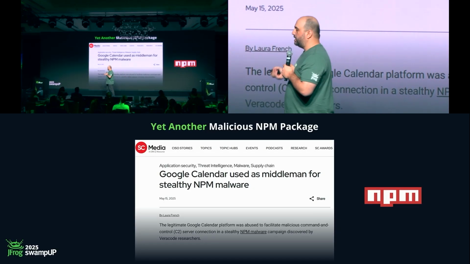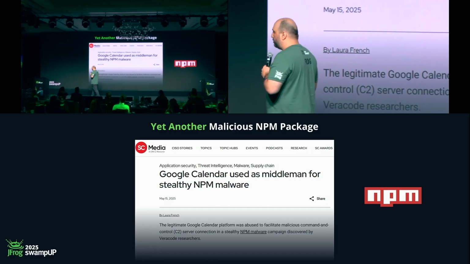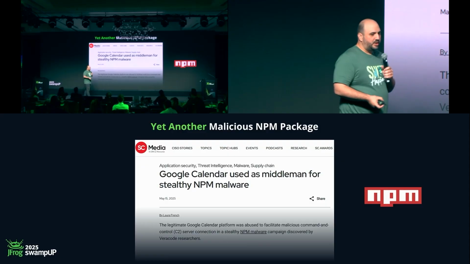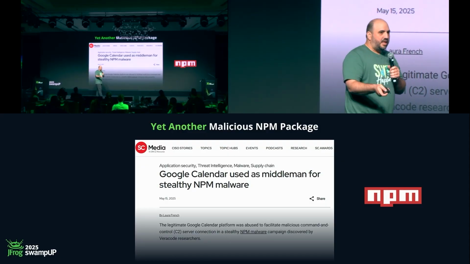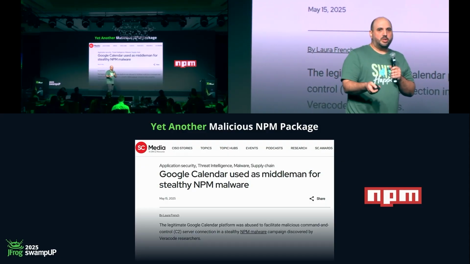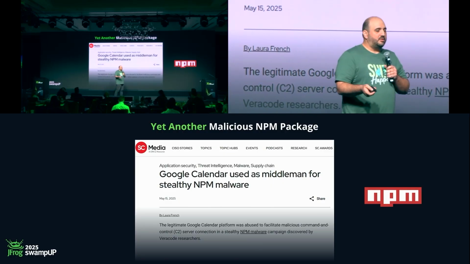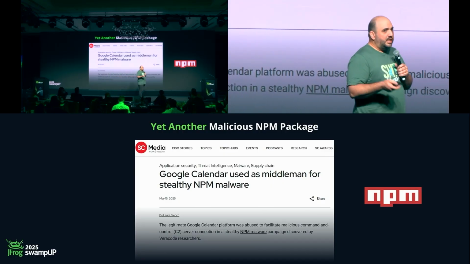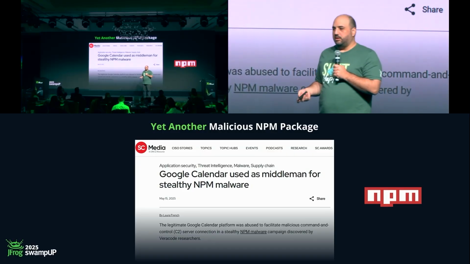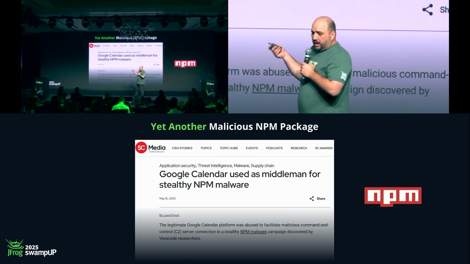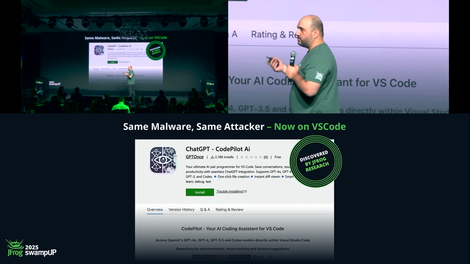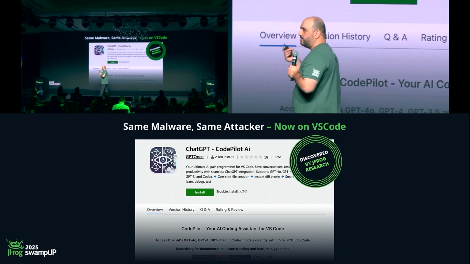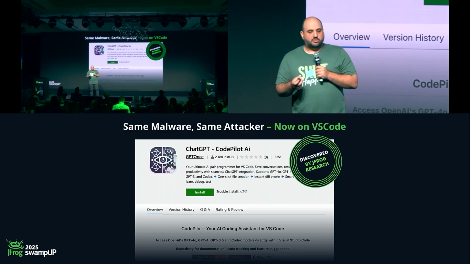This was recently discovered, another malicious package in NPM. Why am I telling you about yet another one? Because the same threat actor, we don't know exactly which group it is, but it's a very sophisticated group, added this malicious package to NPM. They've decided to expand. And we've been talking about Visual Studio extensions. It was discovered by the JFrog research team that they've also expanded into Visual Studio Code extensions.